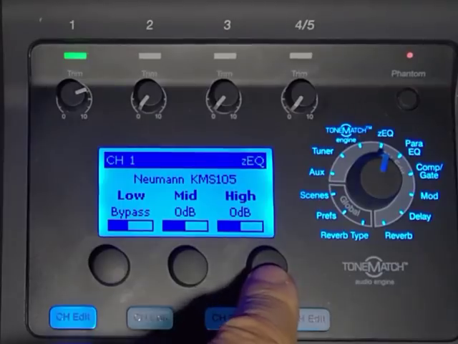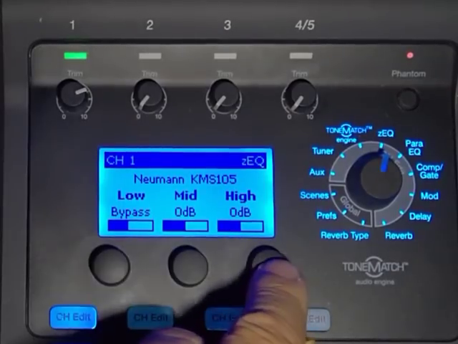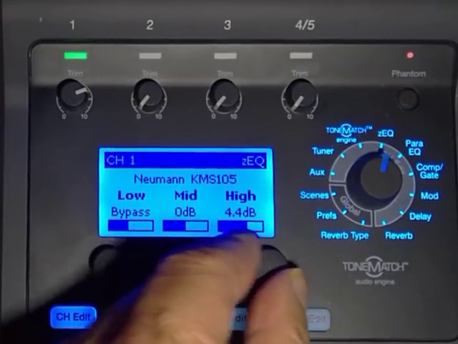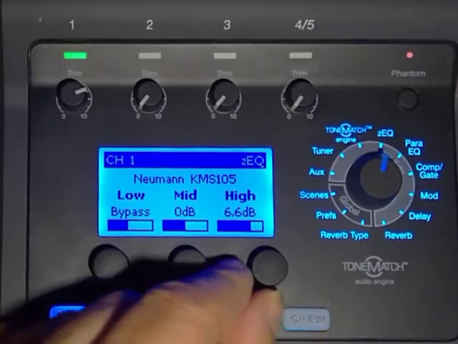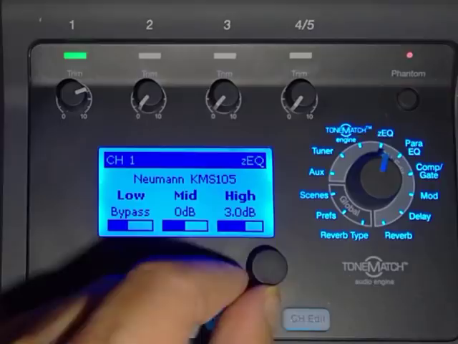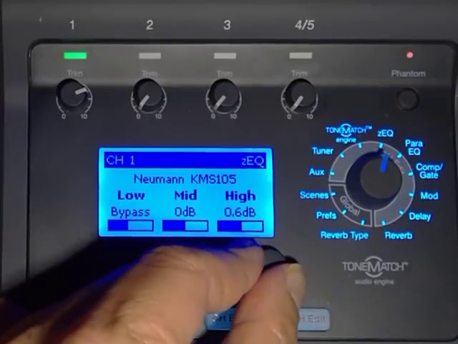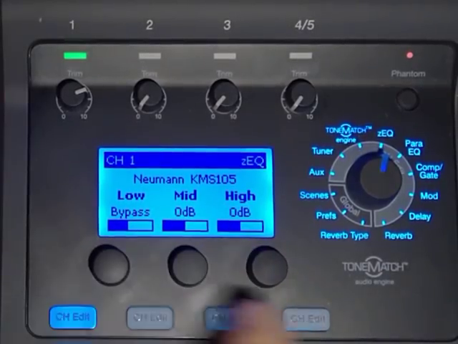I'll do it again with the highs. This will probably trigger some feedback, but here we go. 1, 2, 3, 4, 5. Yes, you can hear it starting to feedback there. And I'll just bypass that because that was a little unpleasant. Okay, so that's the